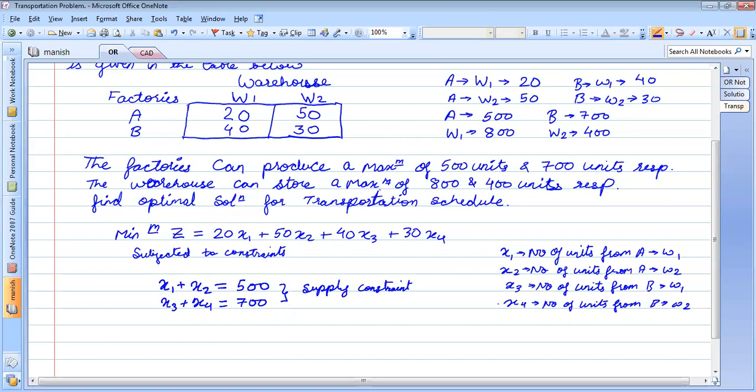But since the problem is of transportation, we are not going to reduce the factory production, because 500 plus 700 is 1200, and 800 plus 400 is 1200. So both are equal, isn't it? That is why I have taken equal here. What I am trying to say is this is the constraint from the supply end, that factories can supply a maximum of this value. Similarly, we have the other end, which is called the demand end or the storage end, that is